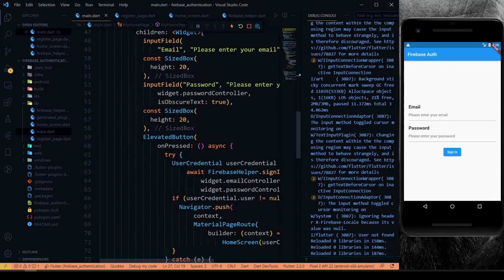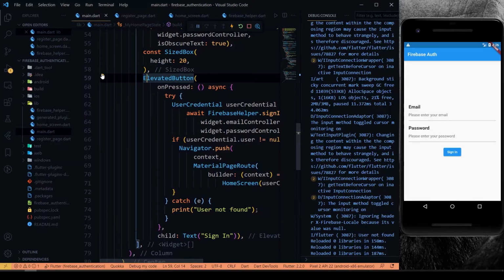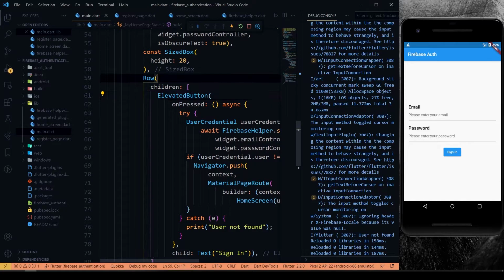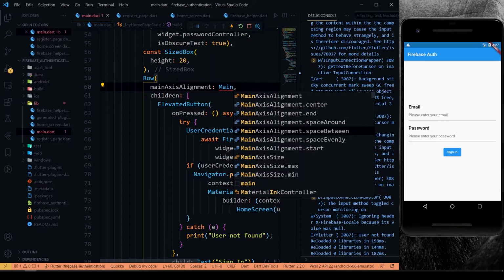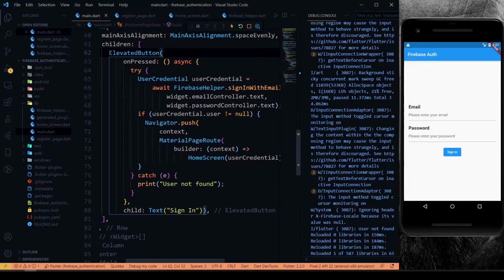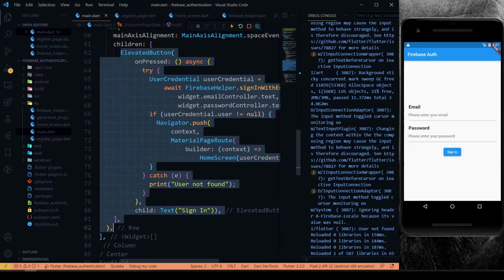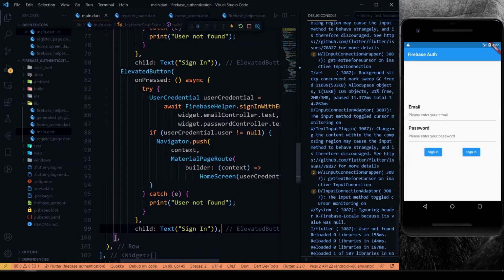Inside our main function, we'll have another button called register. I'll wrap this with a row, with main axis. I'll be using the same elevated button.